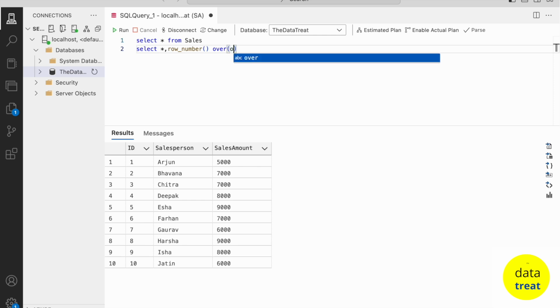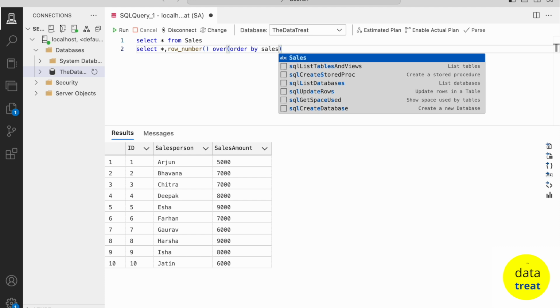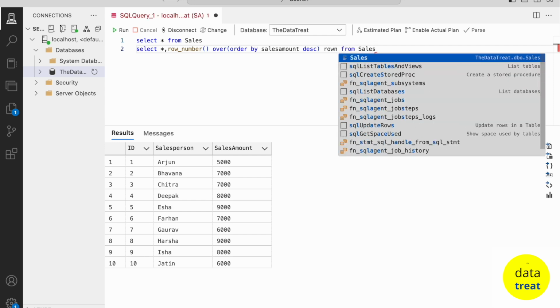So I'll say ORDER BY sales_amount, and let's say descending, FROM the table sales. Let's run this once.